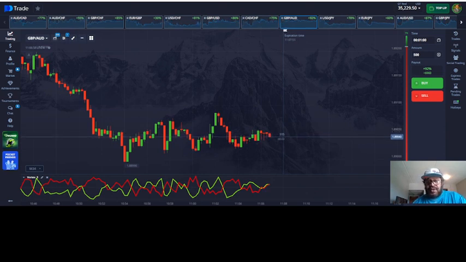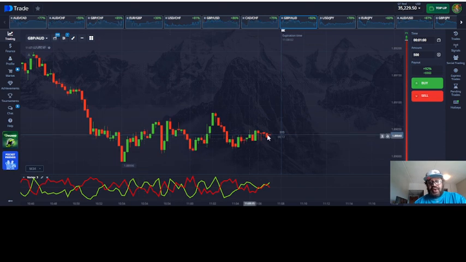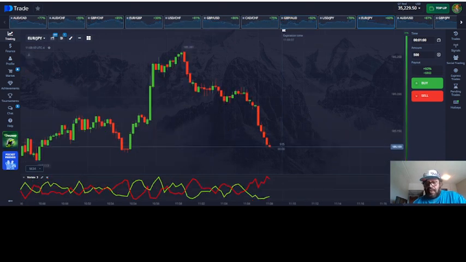We want to avoid currency pairs like this where there's not much price action. The currency is consolidating here. It's ranging. We're looking for pairs where there's good price action. Okay. I'm on the Euro Japanese yen right now, and